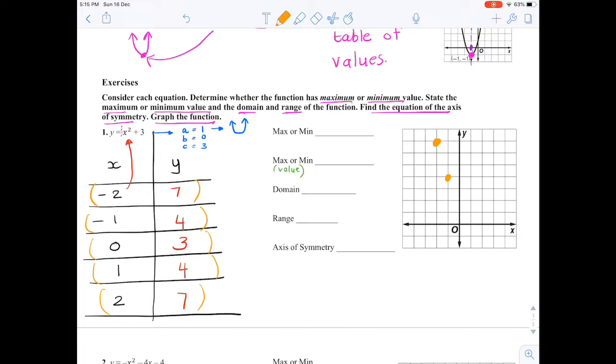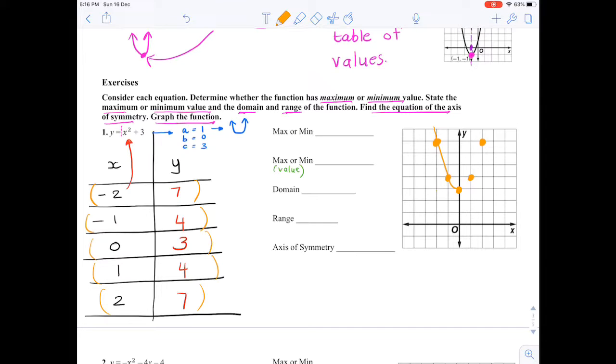When x is 0, y is 3, 1 is 4, and 2 is 7. Can you see how the points are almost mirror images because of the axis of symmetry of a parabola? Because you can fold it exactly in half, you can see that the points are the mirror image of each other. Now we're going to try and draw the smoothest curve we can,